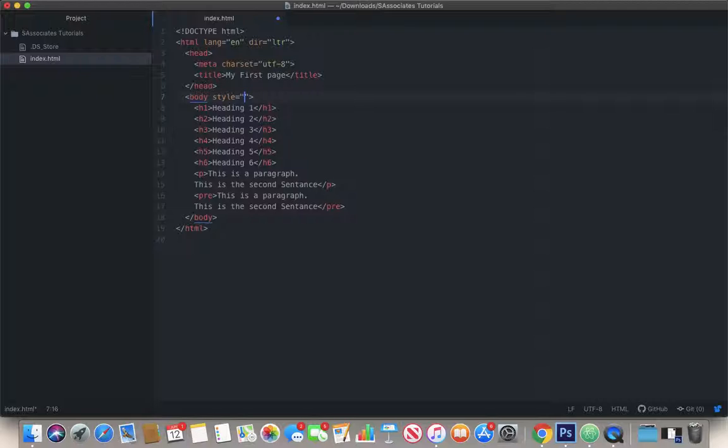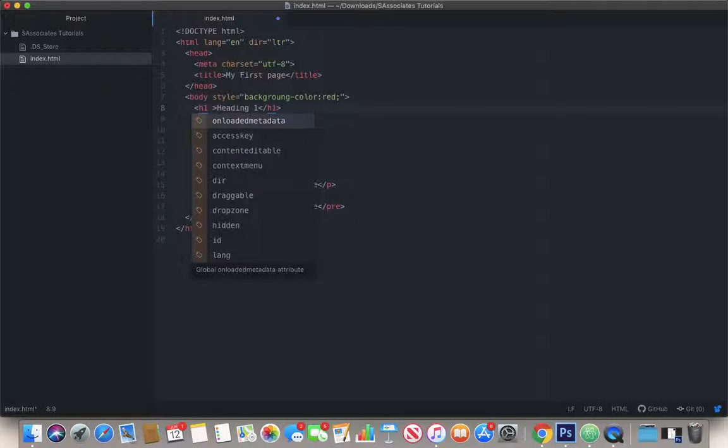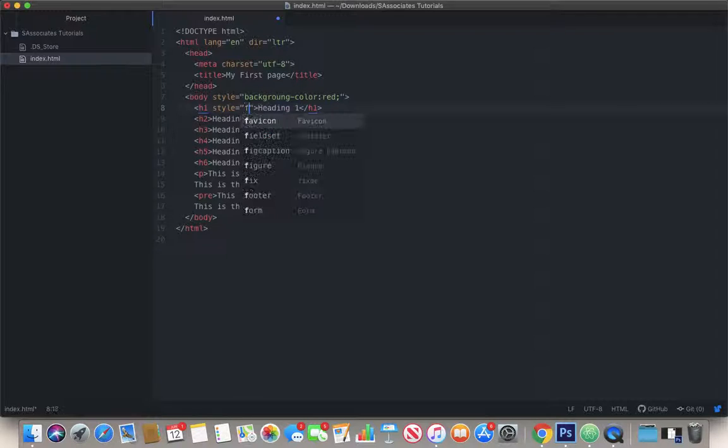We'll change the background color to something like red, and for heading, we'll change the font style to something like italic,